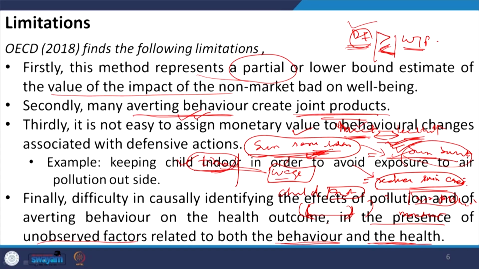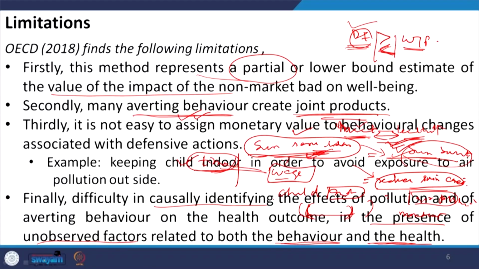Here we have taken some variables that explain these outcomes, and some variables we have not taken into account, that means they are unobserved, right. If some variables are not taken into account in your model while predicting how the individual will value this bad, then it will be difficult to causally identify the effects of the pollution on the